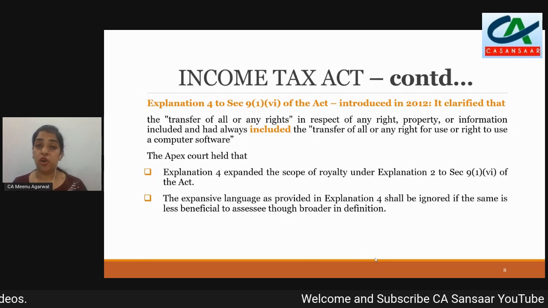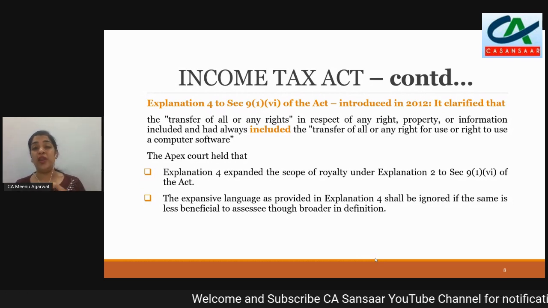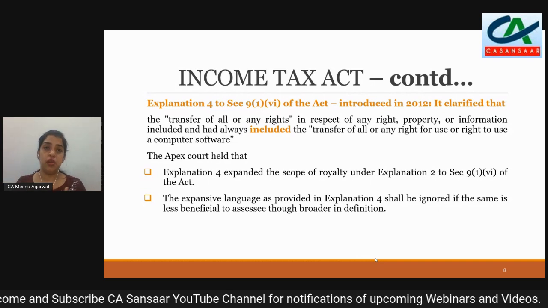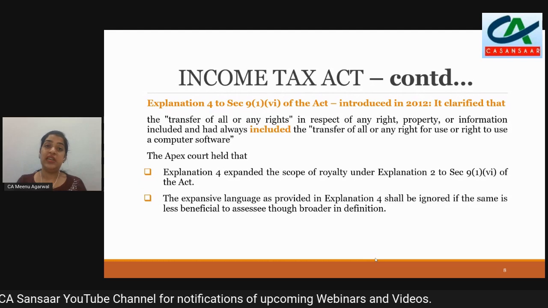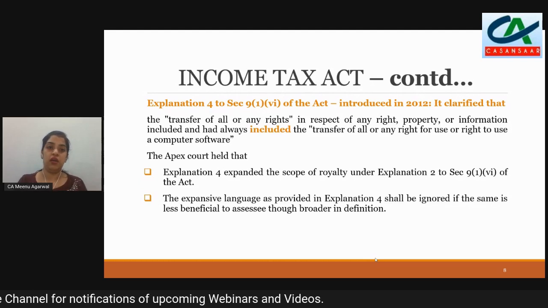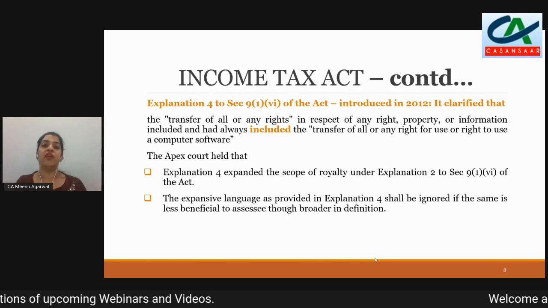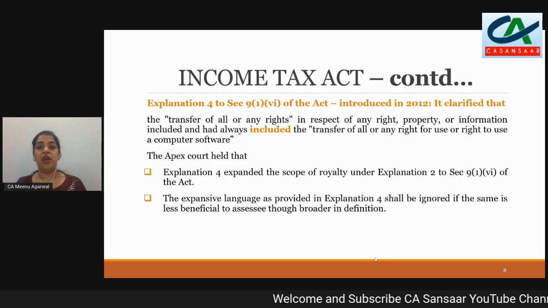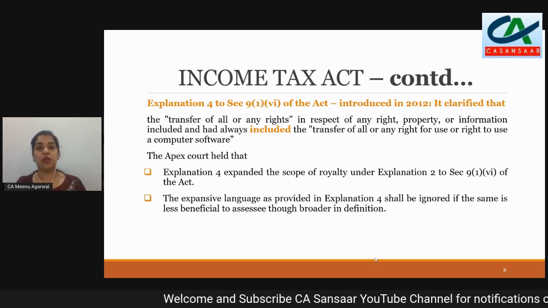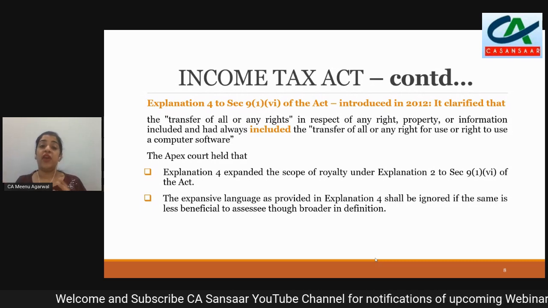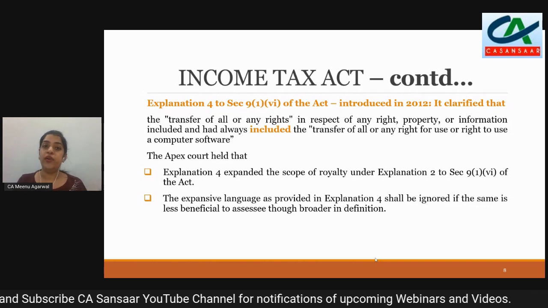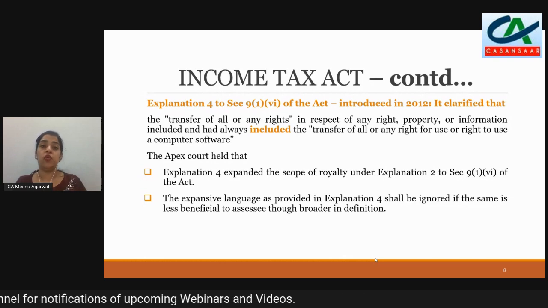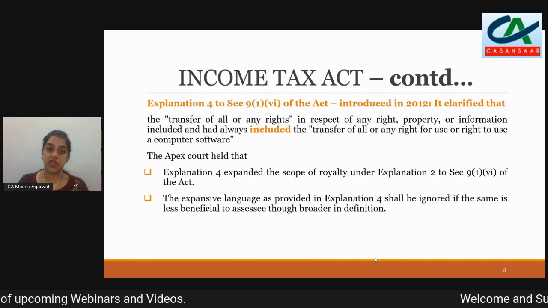Now, on the question of retrospective effect, the Supreme Court went to the extent of asking: can you impose or charge a person for those provisions which did not even exist at the time of the Income Tax Act 1961? The apex court mentioned that the computer software word was introduced in the Income Tax Act only in 1991, whereas it was introduced in the Copyright Act only in the year 1994. So how can you charge a person for something which did not even exist in 1976?